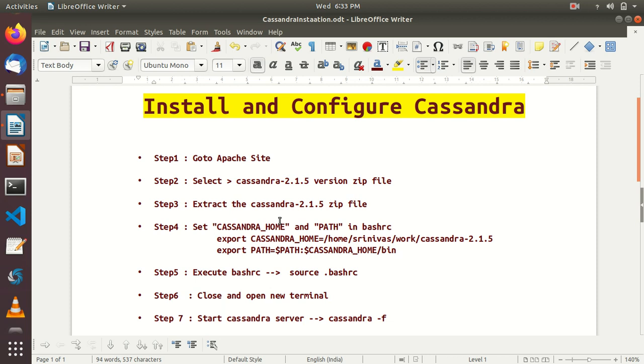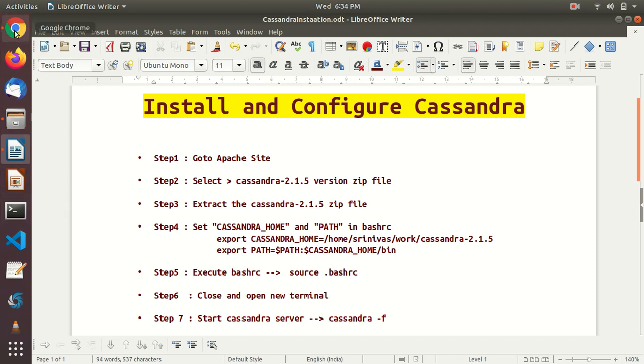Today, after the introduction of Cassandra, we are going to install and configure Cassandra. These are the steps we have to follow in order to install Cassandra. So let's get started. The very first step is to go to the Apache site and find the Cassandra 2.1.5 version zip file. Let's open any browser and type